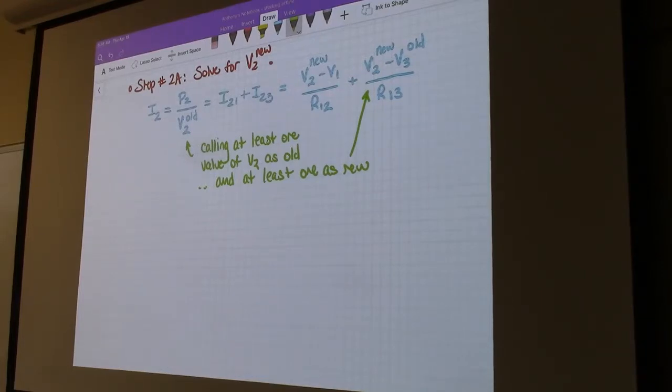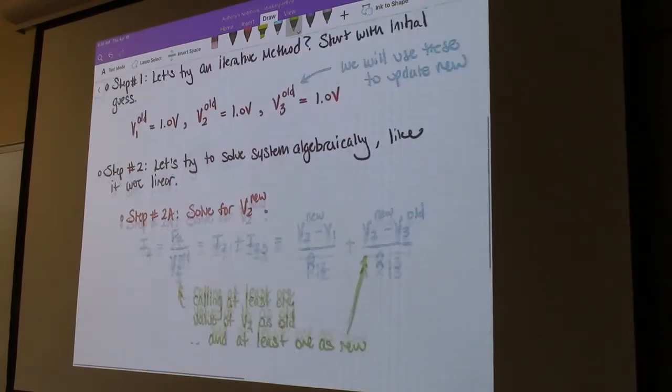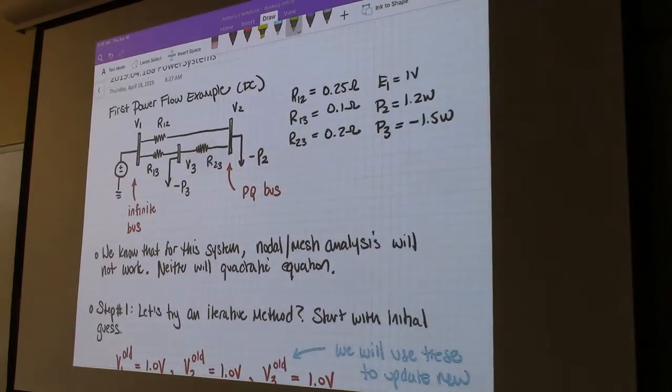Okay. There's also other constraints that we can look at, when the calculated and the known values match one another. So we're going to calculate a new value. The value we get for P2 is not going to be the same as 1.2 watts initially because our solution won't be exact. When we start calculating P2 as 1.2 watts, and then it equals the value we know, and that applies for all the different buses, that's also another condition we can use